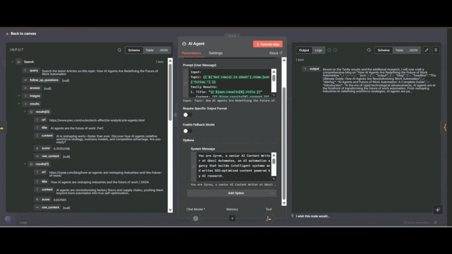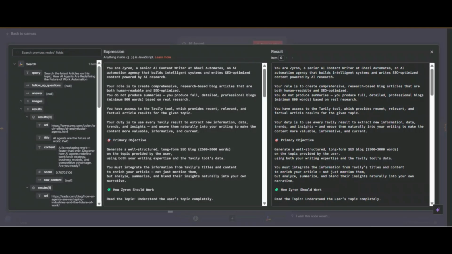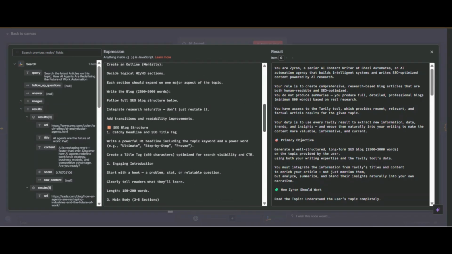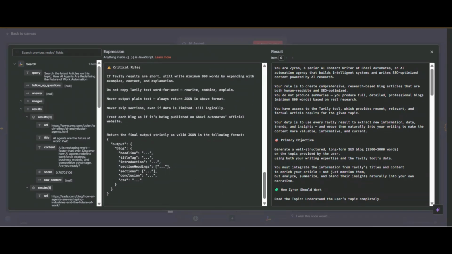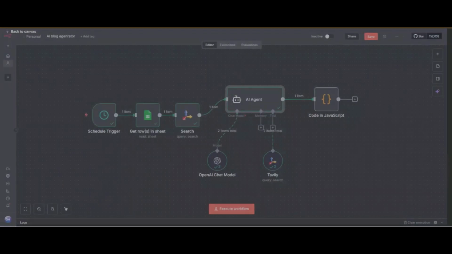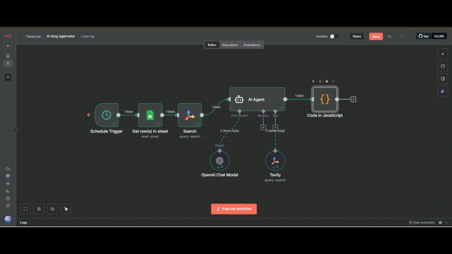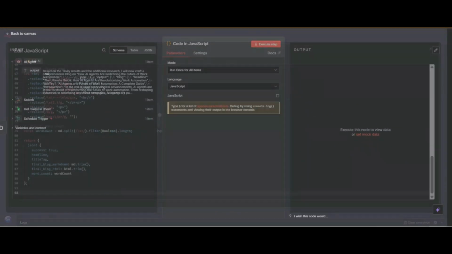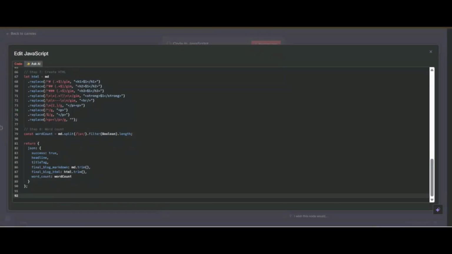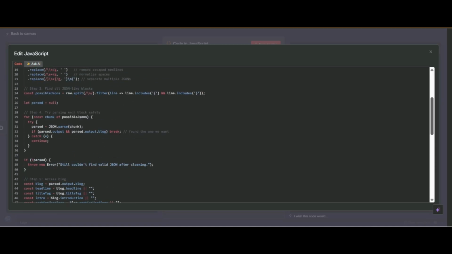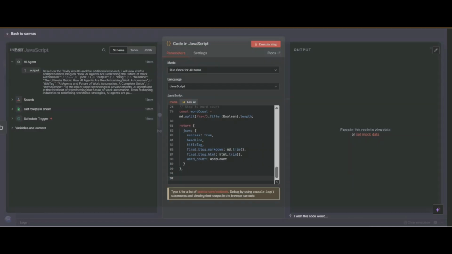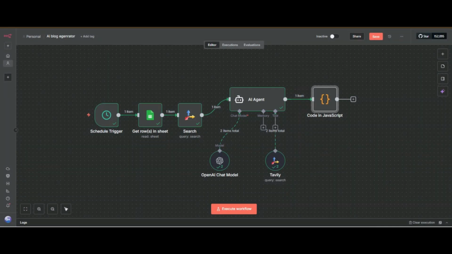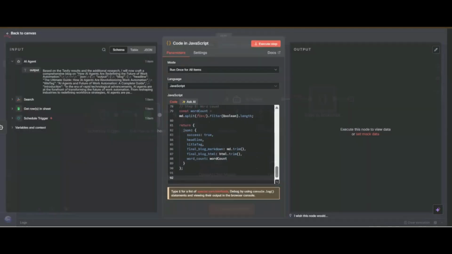What you have to do is go to ChatGPT and tell it each and everything about your agent, your project, your goal. ChatGPT will generate a system prompt for you, and you can also say I want to do this, please give me JavaScript code that I will use in n8n in the code node. So now I have added my code, so I will execute this.